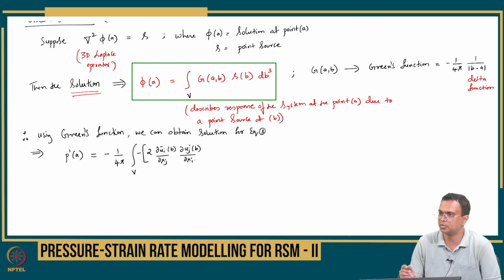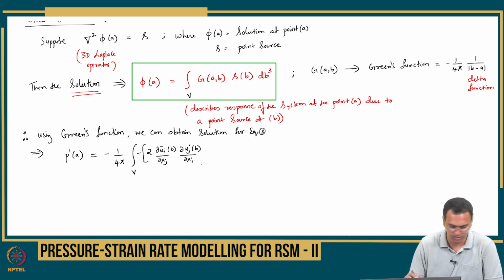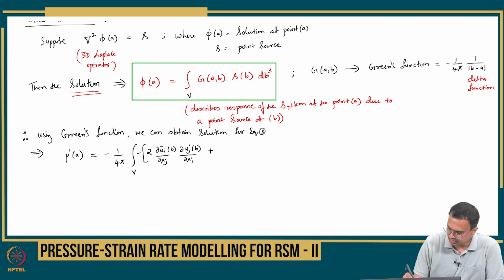So this is the second term on the right hand side that you had, the mean strain component, at the point source location B, dou uj bar by dou xj, dou uj prime by dou xi, that particular component, plus I have the Reynolds stress component, which is dou square by dou xi dou xj of, I have ui prime of B and uj prime of B